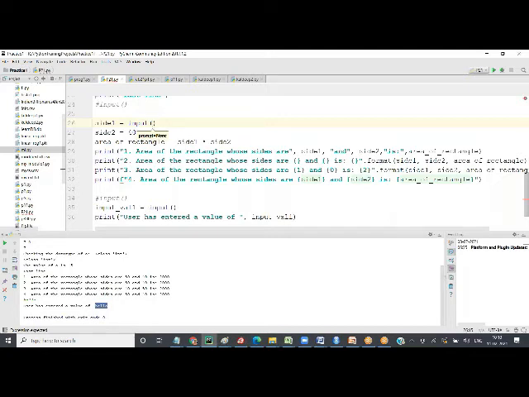If I don't give any parameter, it waits for me to enter. Now, when I am the writer, I know the program, so I know that I need to enter a value here. But if somebody else is reading, or even I am reading it after 1 or 2 months, I may not know what I need to enter here. If there's one input, probably I know side one, side two.